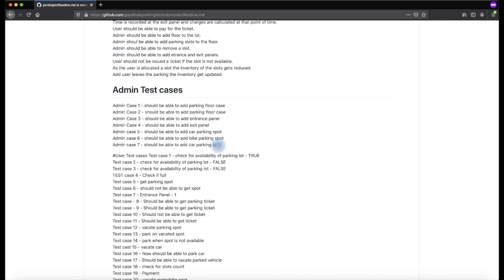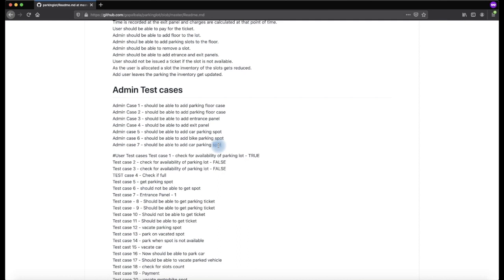What and all you can add on top of it? We can add test cases for different parking spot types. We can try to add the same parking spot type more than once and check whether idempotency is happening or not. We can extend these admin test cases to even hundreds, but for tutorial purposes I am just limiting it to 5-6 test cases, and I have explained how we handle idempotency.